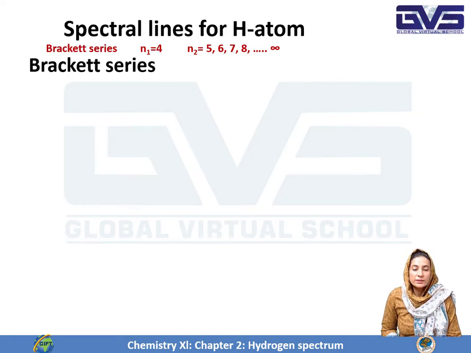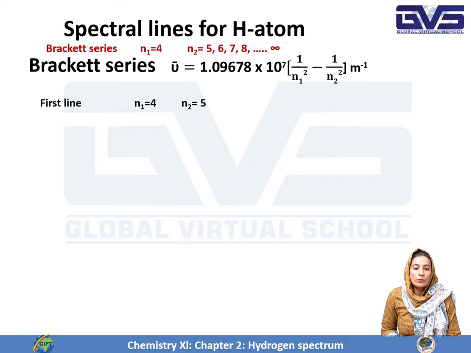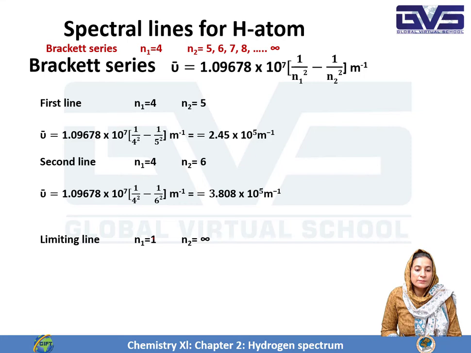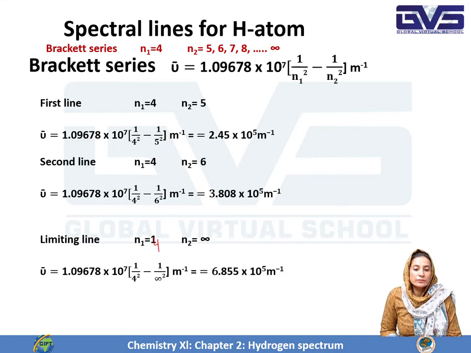Similarly for the Brackett series, in this case the lower orbit is n equal to 4, the fourth orbit, and the higher orbits are 5, 6, 7, 8 and up to infinity. Again using the same equation for wave number calculation, add the values, solve it, and you can find the wave number of the first line, second line, and infinity line in this case. Just do the calculation carefully, and these can be asked in your exam for any line,